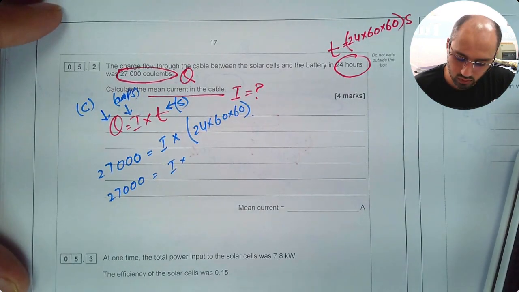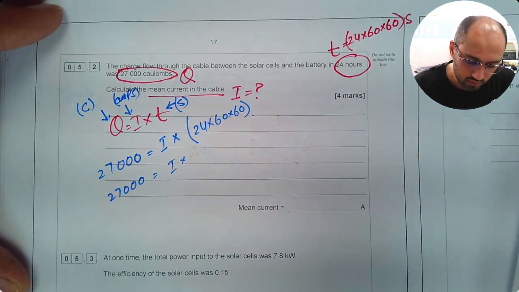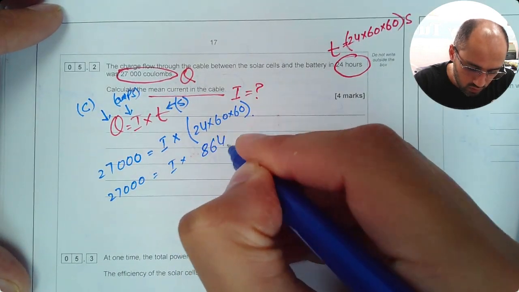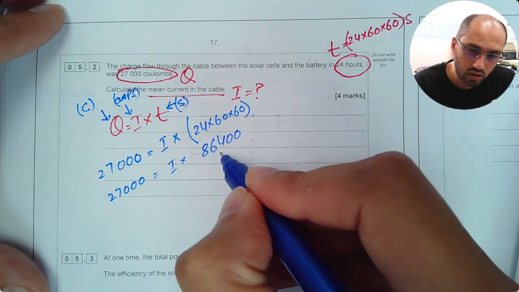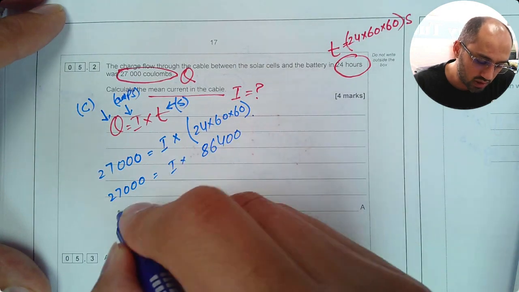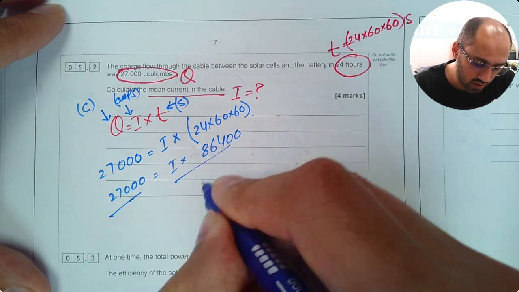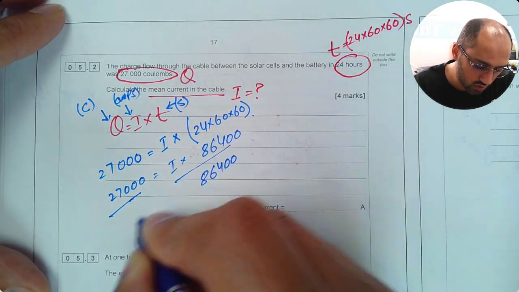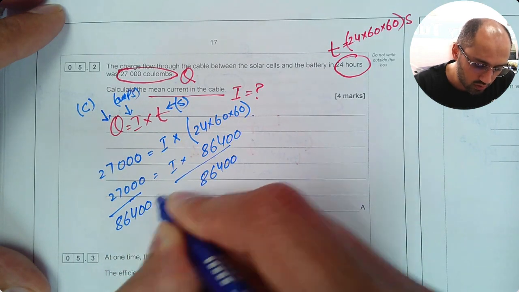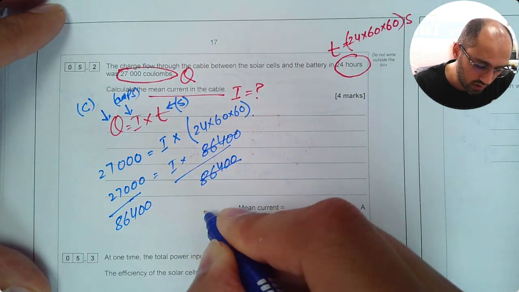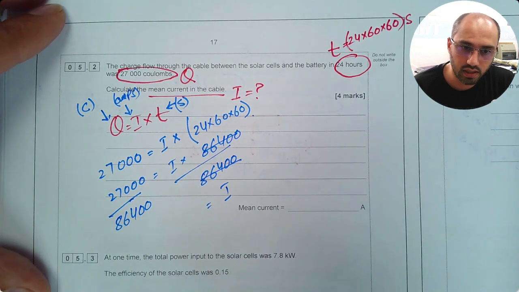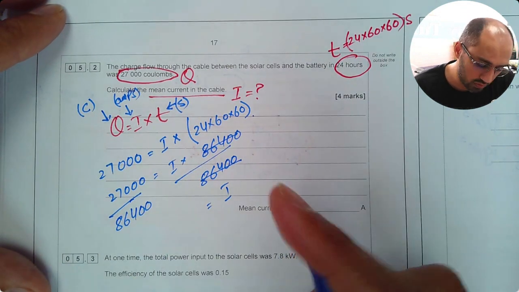So it will be 24 times 60 times 60 gives me 86400. Now to get it off from the right side, I'll divide both sides by 86400. This is gone, and I'm left with I only on the right side, and on the left side, if you divide them 2 numbers, you'll end up with